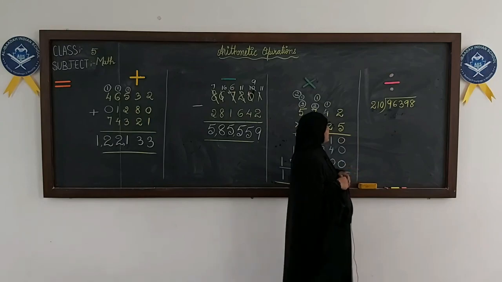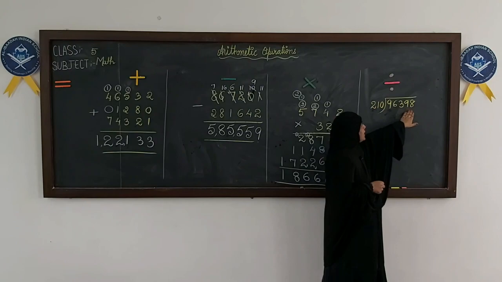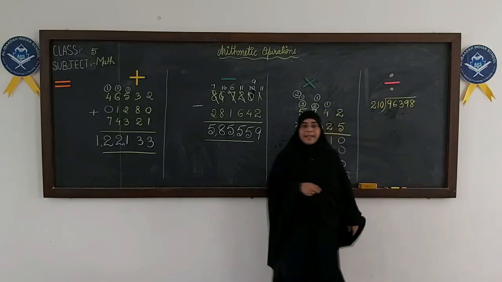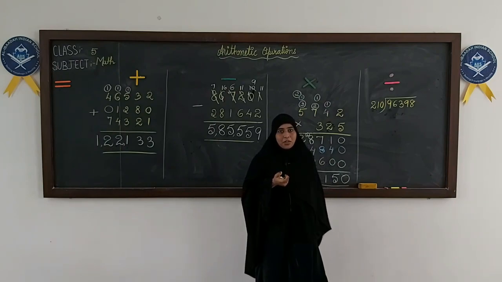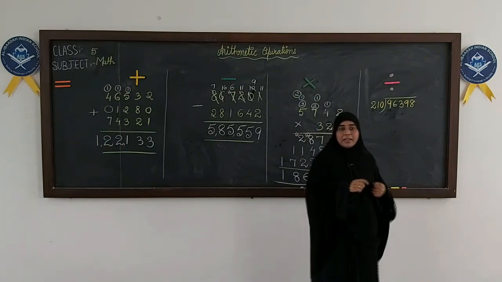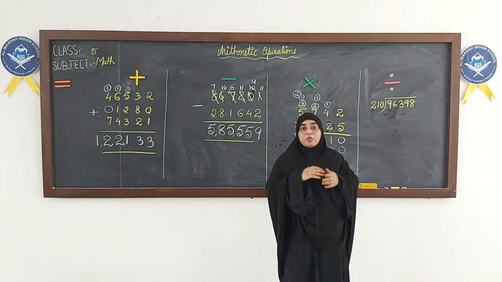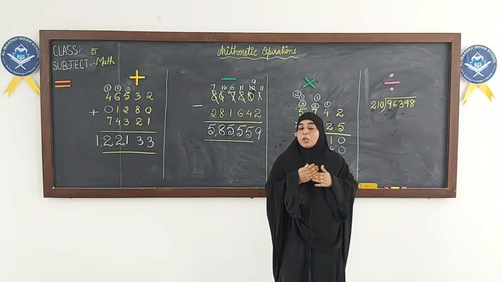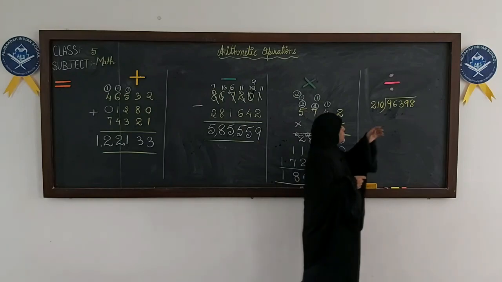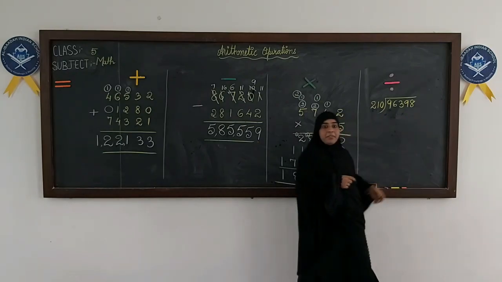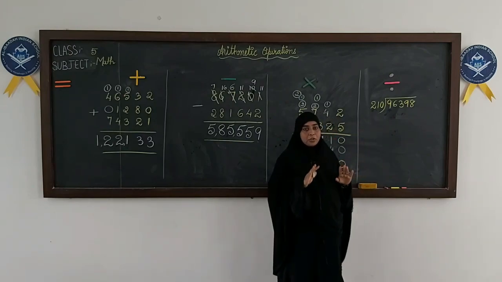To start with, we have to divide 96,398 with 210. Do we know the table of 210? No, we don't know the table of 210. So what do we do here? We have to estimate. Estimate means we have to guess which number will be close to our dividend. Okay. Now, do we have to take the entire dividend at a time and divide with 210? No, that is also not done.